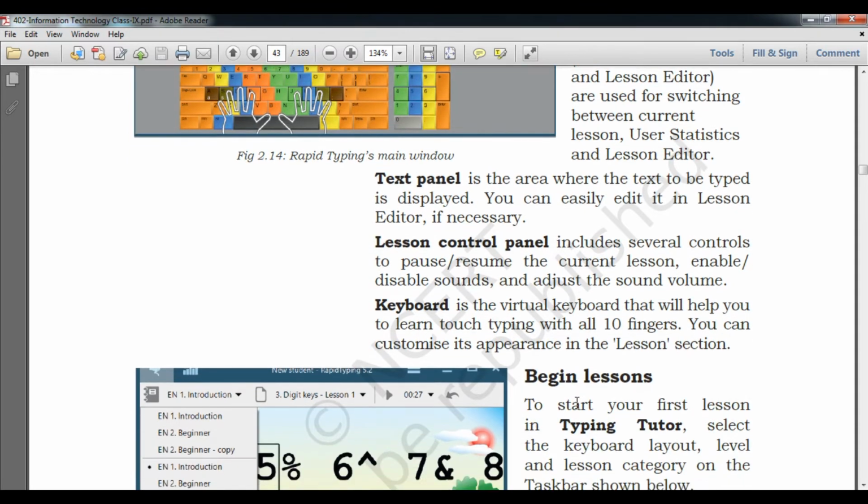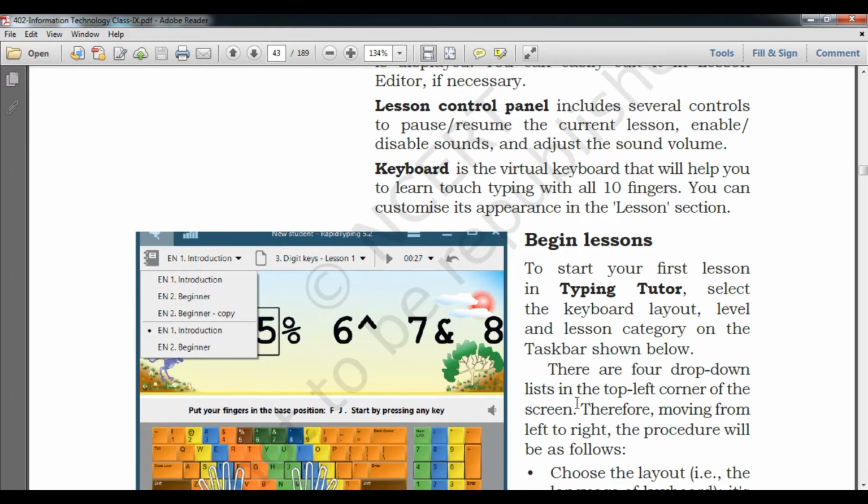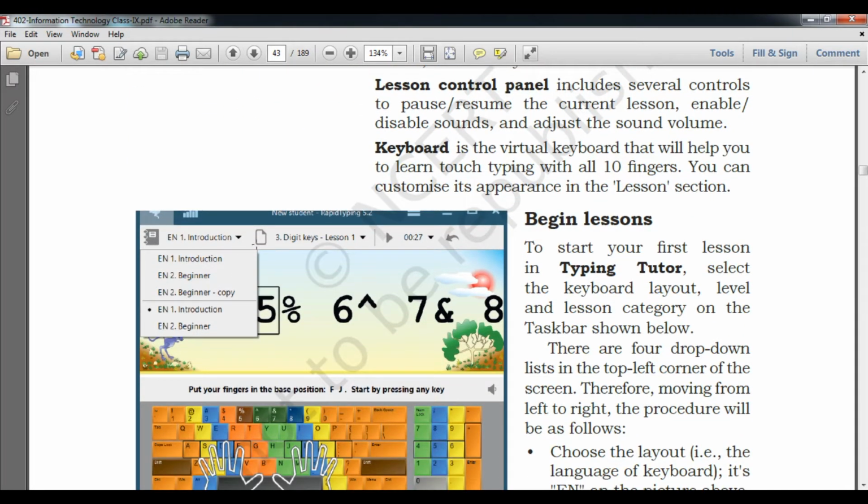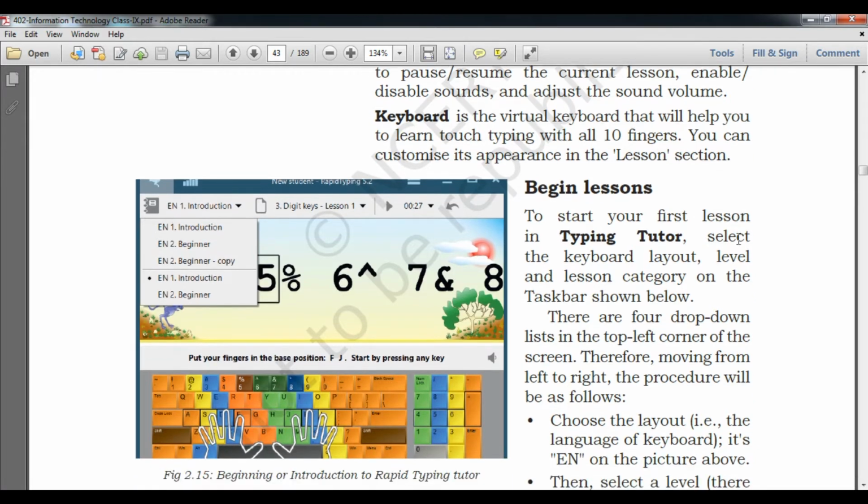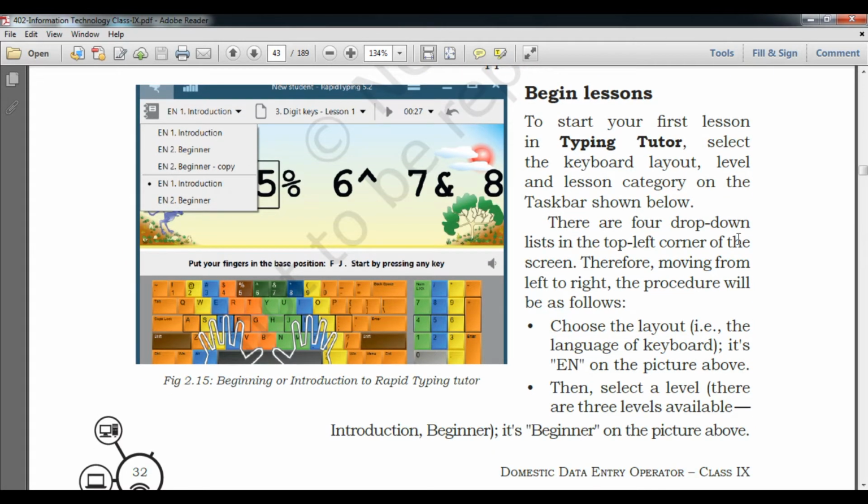And a lesson control panel is also given here in the drop down menu, and a keyboard also, which provides you ASDF and QWERTY options. Begin lesson. So how to begin your lesson? To start your first lesson in typing tutor, you select the keyboard layout.